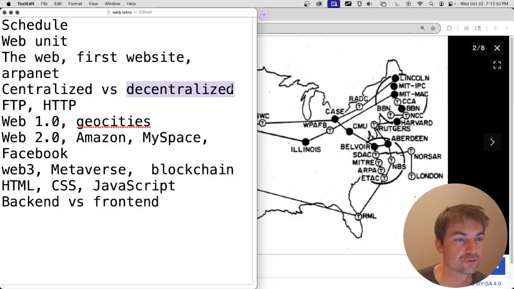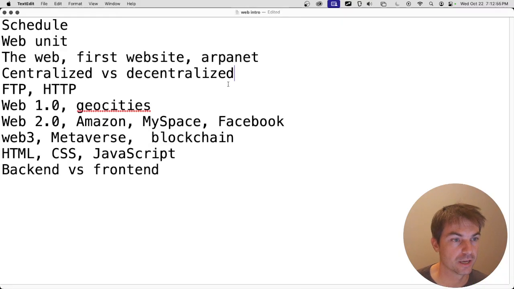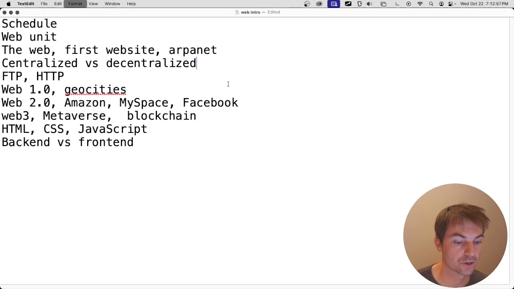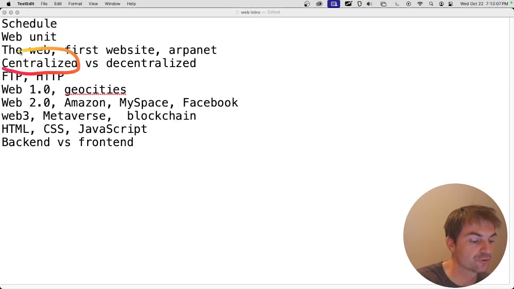So let's talk about what's really great about the internet in terms of the fact that it's decentralized. So I'm going to make a little drawing to explain what that means. So in traditional communications technology, we have what's called centralized technology centers. So, for example, phone technology is centralized, and TV technology is centralized. So, for example, if you're watching TV, or at least if you were watching, before, now TV is really on the internet, but back in the day, if you were watching cable TV or network TV, there would be a central TV